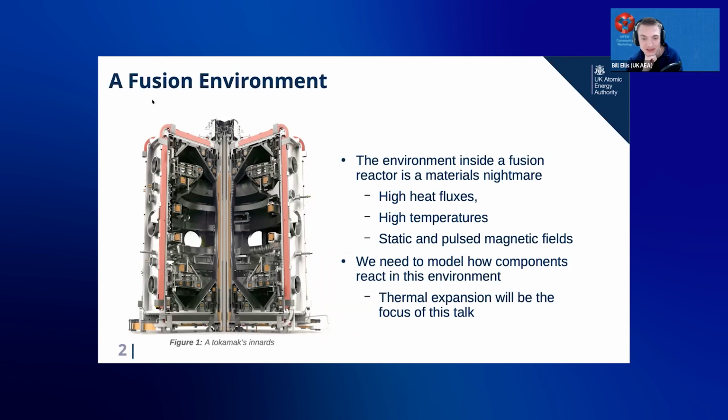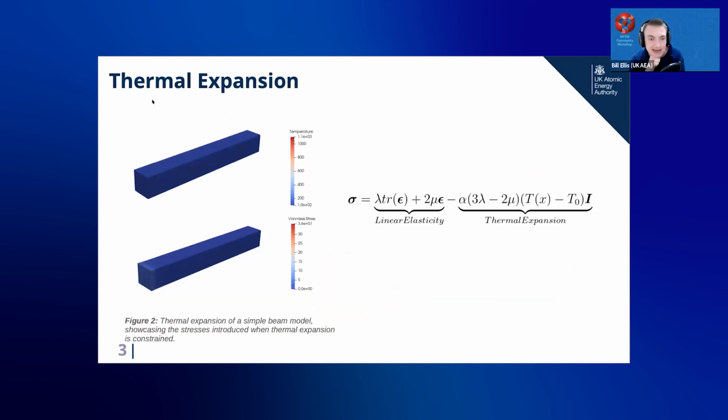And so as part of our toolbox, we need to be able to model thermal expansion. Next slide, please. Thermal expansion, the GIFs aren't playing, that's okay. Matter expands when it gets hot. If you try and constrain that expansion, then you cause a bunch of stresses. And if you can model those stresses, then you can better predict failure and maybe collision between components. The equation on the right here is just a linear elasticity term which is already in MFEM, which is very nice, and a thermal expansion term, which I have added on to model the thermal expansion of some components.